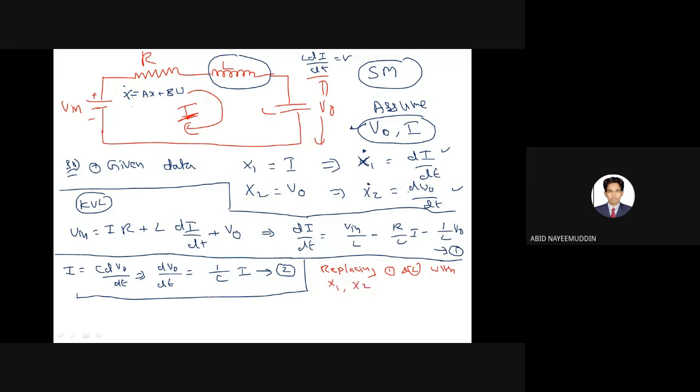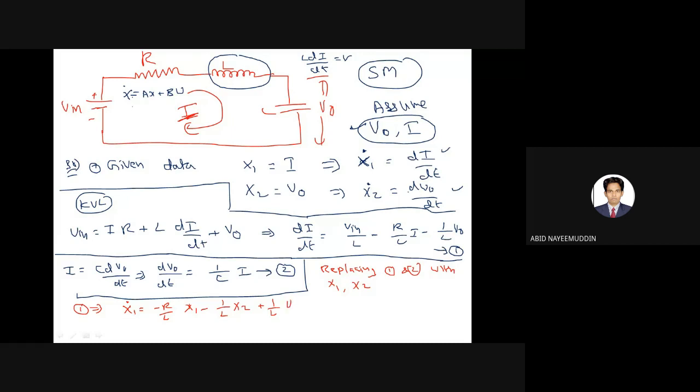Then you will get two new equations. What are the two new equations? One equation you will get, equation 1 implies x1 dot is equal to minus R by L into x1 minus 1 by L into x2 plus 1 by L into V in,